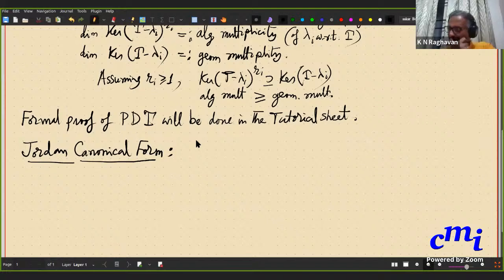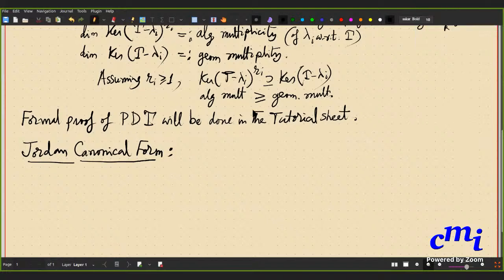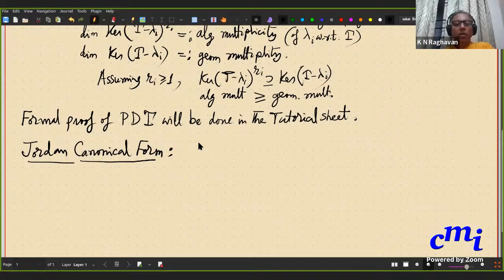Right. Indeed, that's correct. So this gives a unique representative